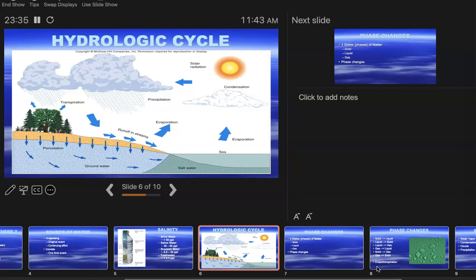The other option, I said there were two things water can do. It can stay at the surface as runoff, or it can percolate into the ground and become groundwater. We have the word percolation on there. We have the word runoff on there.